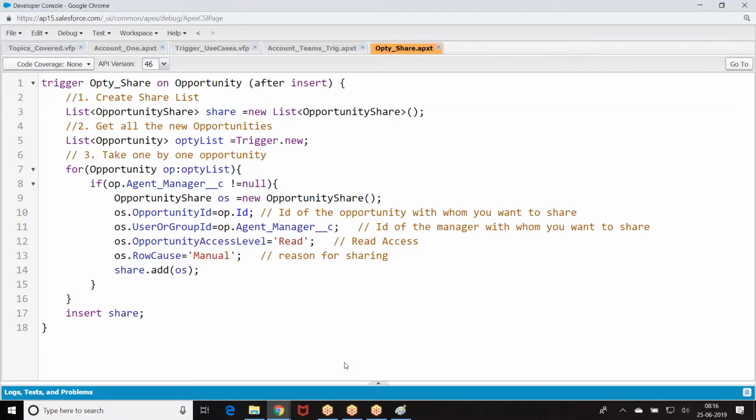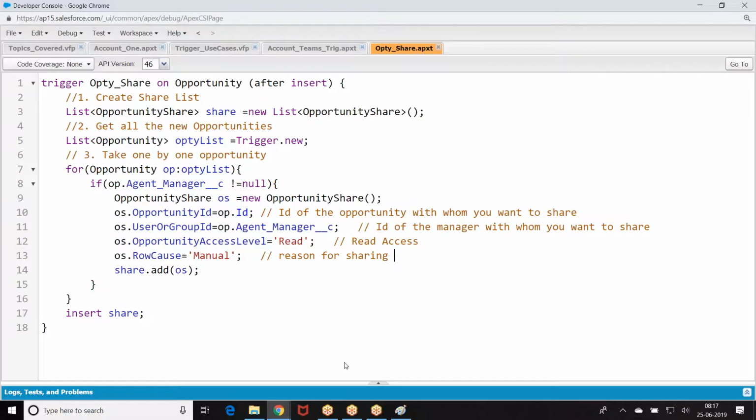Now let me give one more context. Satish, one question here. Here we are not using a SOQL query, though we are using after context. What is the use of a SOQL query? I am inserting a new opportunity line item. What is the need of a SOQL query here? Here I need a SOQL query if I want to modify the opportunity. Am I trying to modify an opportunity here? No, I am trying to create one record in another table. Then what is the use of a SOQL query?